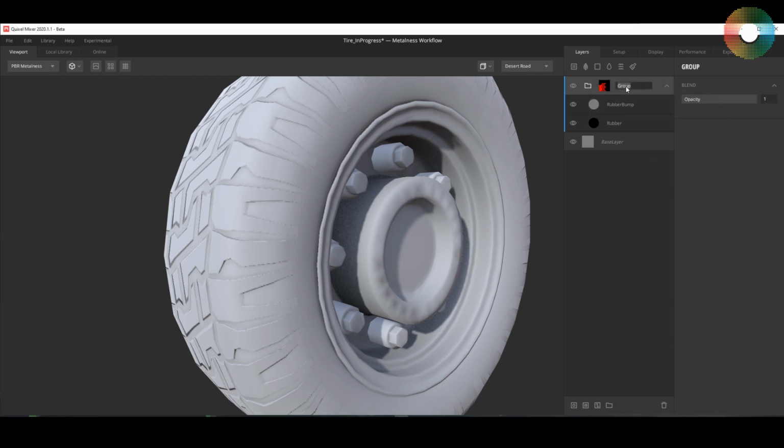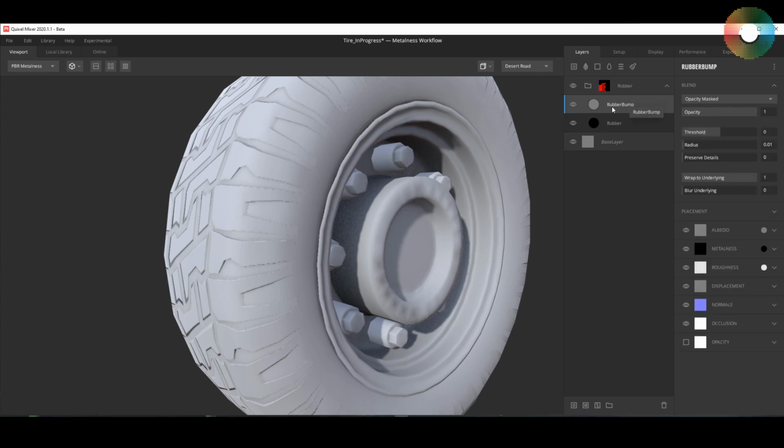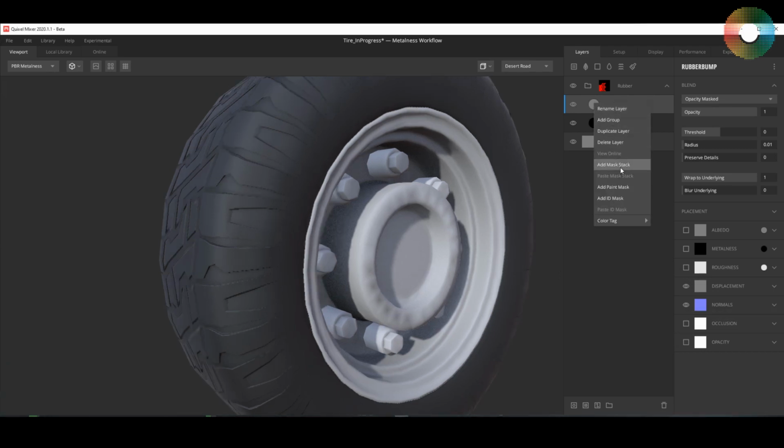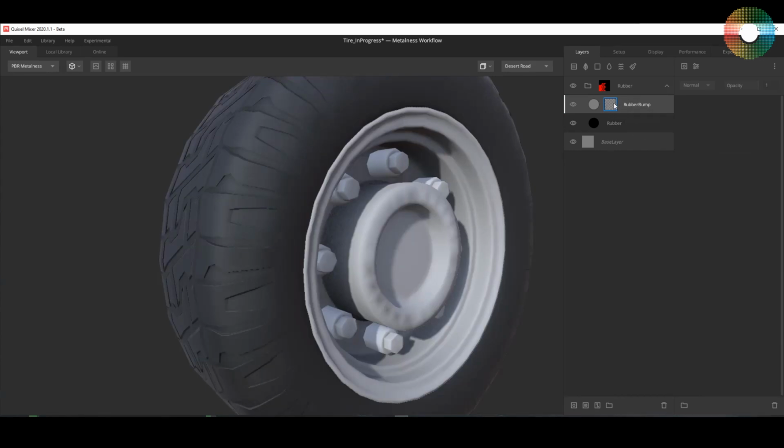So let's name the group rubber, and for the bump I don't want it to affect the albedo or the metalness and also the roughness. So I will disable those channels and also occlusion. So I will add a mask stack to this bump layer, and then the mask that I define in this mask stack can then be used as a bump for this surface. And here is the panel where all the magic happens. From this button you can add a new mask component, and these are the filters that you can then apply to those masks. And let's quickly add a noise mask, and let's use Perlin